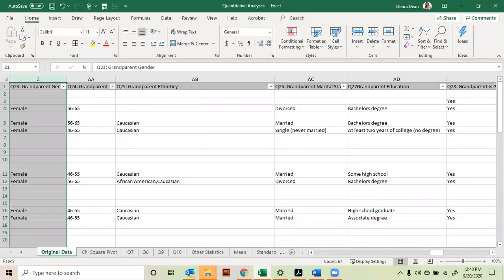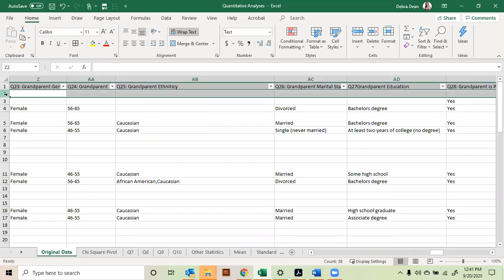Okay, in this video, I want to show you how to do a chi-square as well as mean, median, mode, range, and standard deviation. You'll see here in your survey that it's cleaned up, so any extraneous columns or rows are gone. Row 2 used to have more information about the details of the question. I've just combined that into row 1, and then